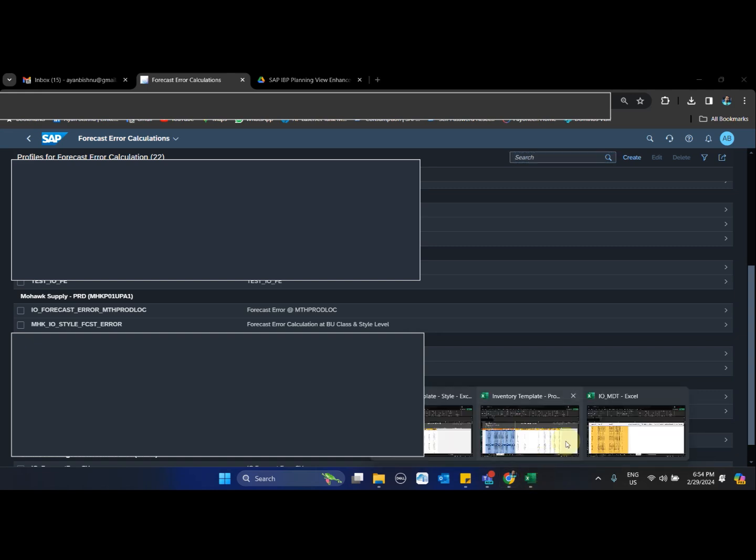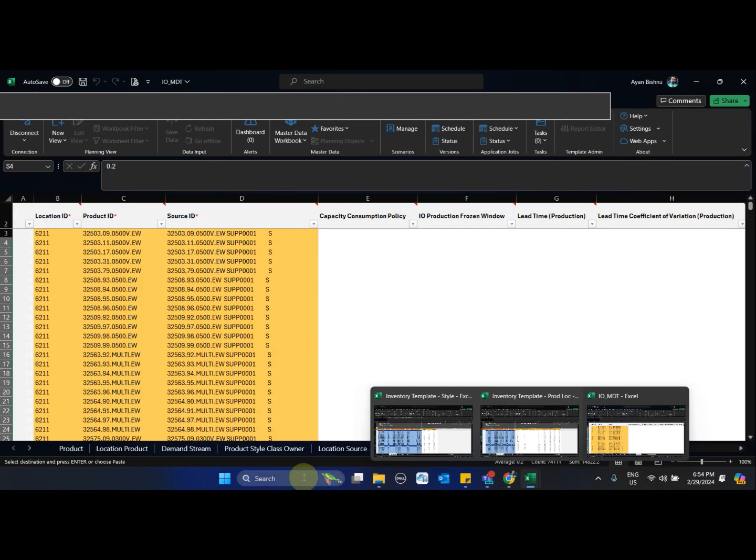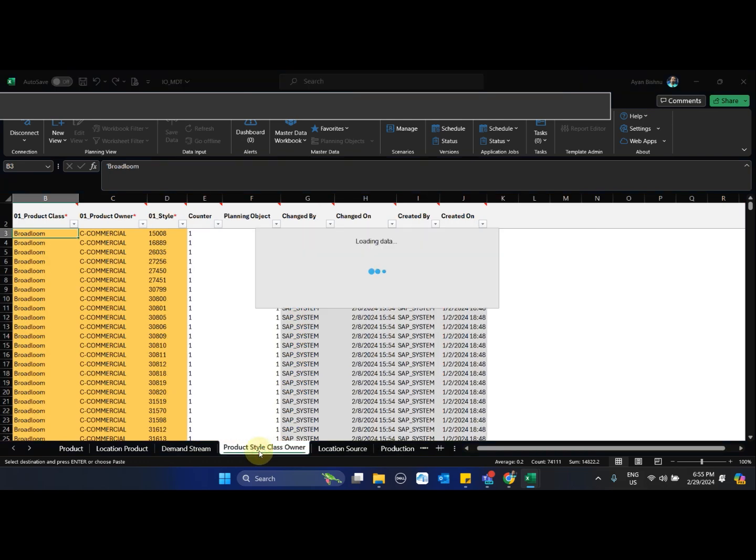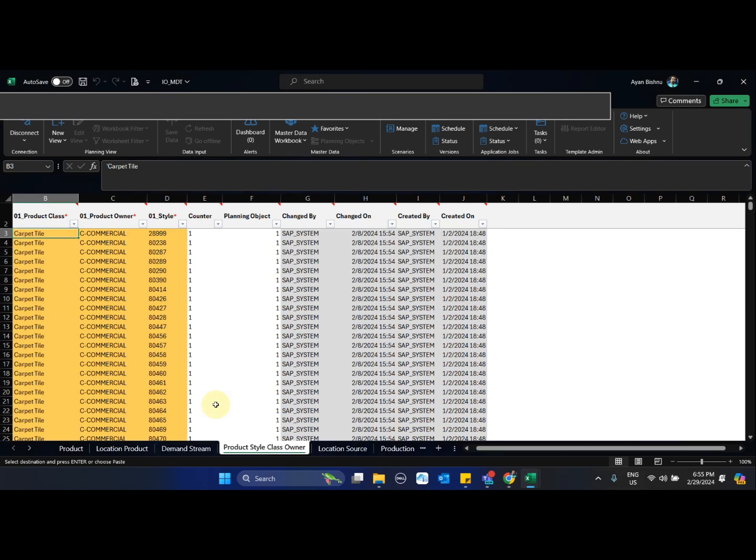And that leads me to the fourth master data, the custom master data, which I showed you before. In this custom master data, I am using the help of CIDs, creating a combination of product class, product owner, and style.